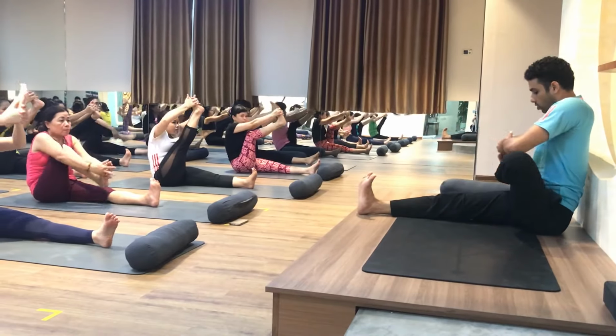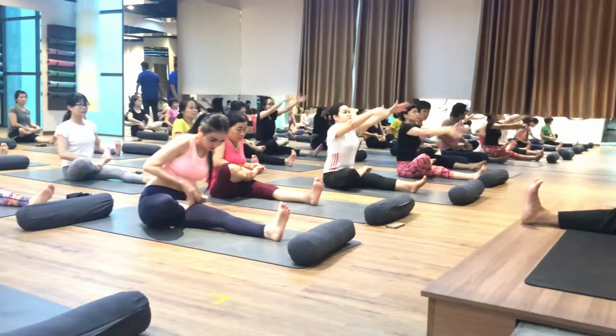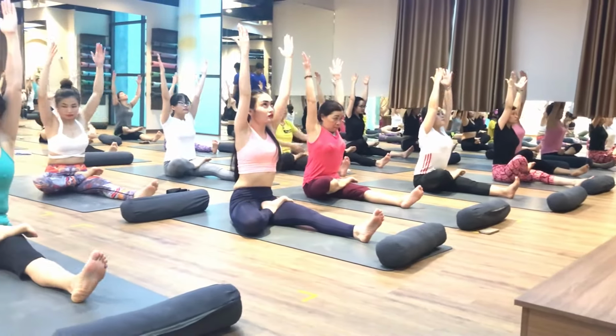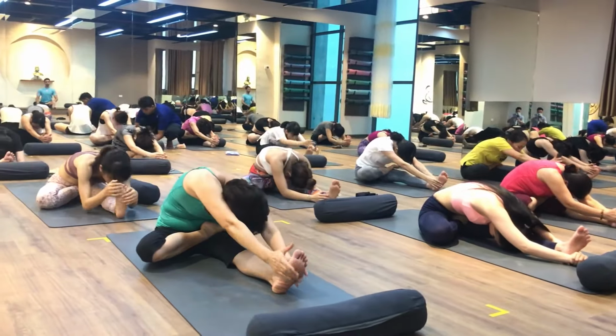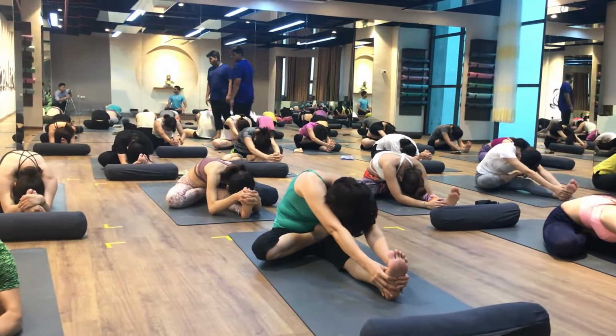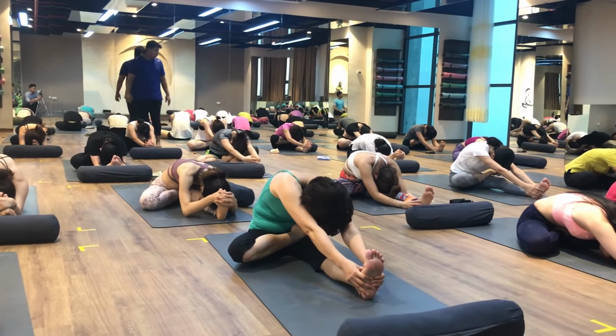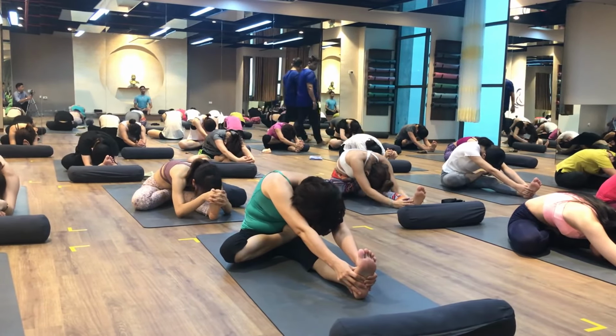Right leg put on your left upper thigh. Inhale, both arms up, and exhale, toes up, bend down, hold your left foot and flex your foot. 1, 2, 3, 4, and 5. Inhale,